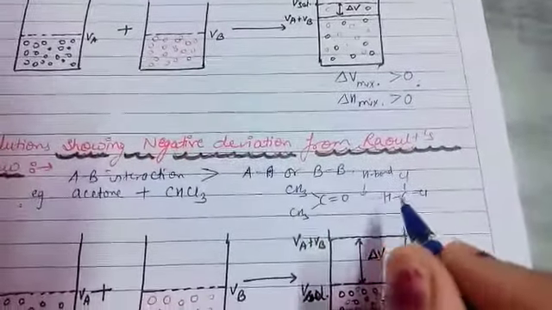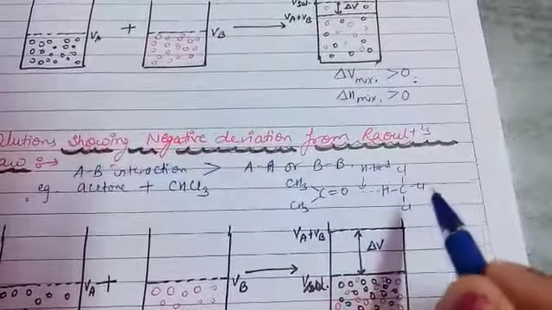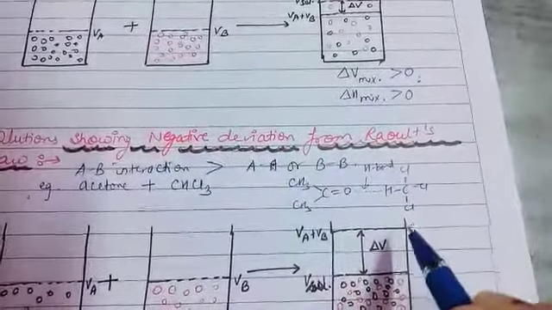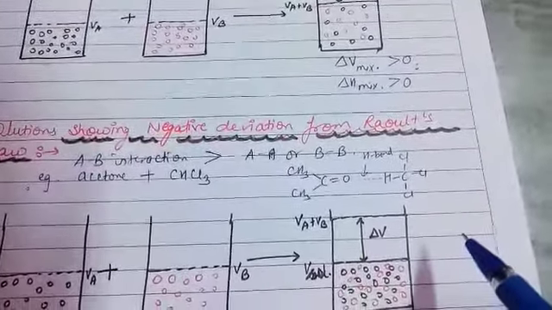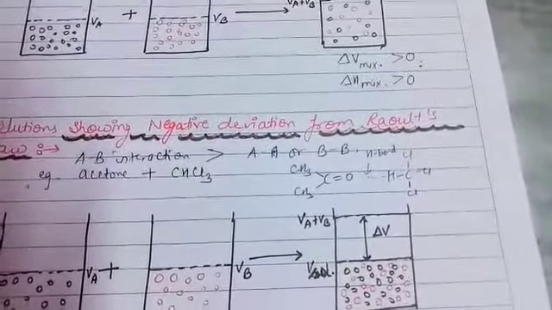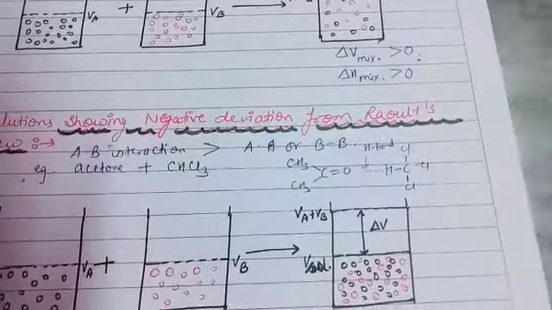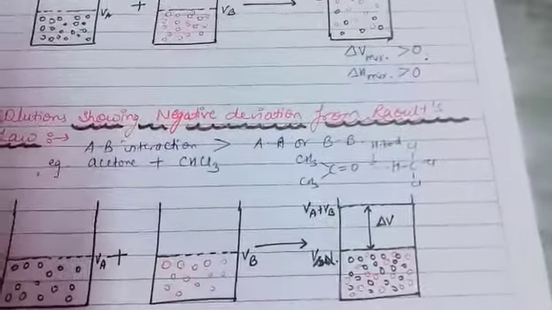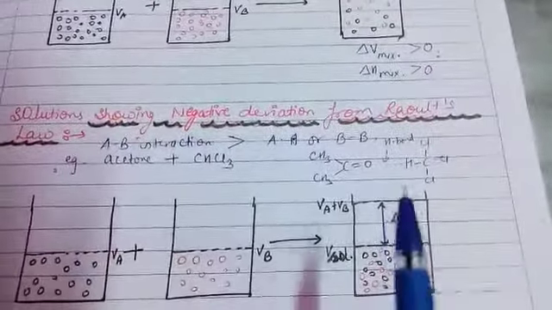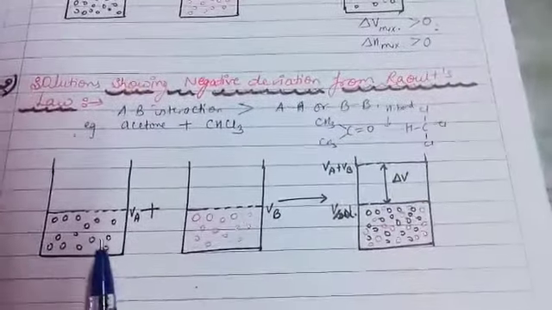This is a strong bond. That's why after interaction the bonding is strong, the force of attraction is strong between particles. That's why fewer vapors are formed and their vapor pressure is less in comparison to expected. So that's why it shows negative deviation. Same condition for volume and all.